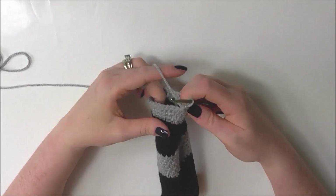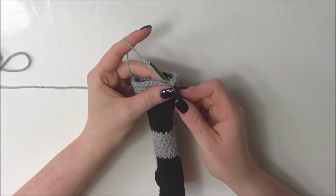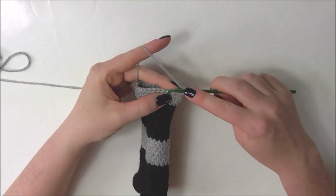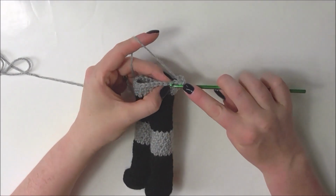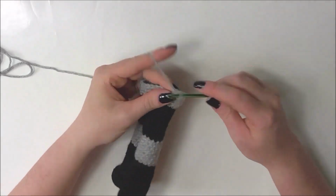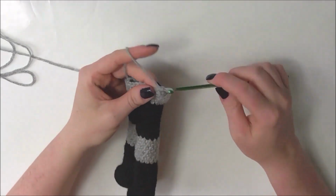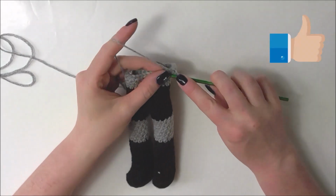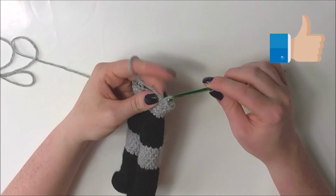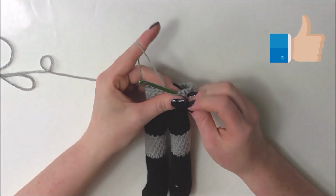single crochet 6, 7 and 8 and increase in the next stitch for 9 and 10, single crochet 11 and 12, 13 and increase in the next stitch for 14 and 15,